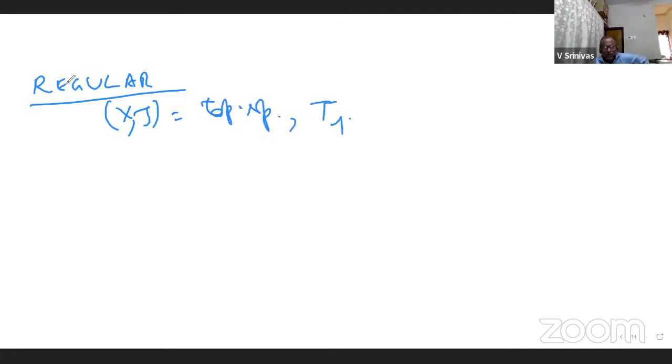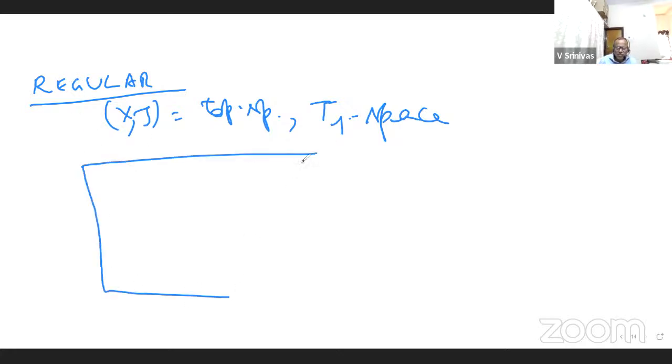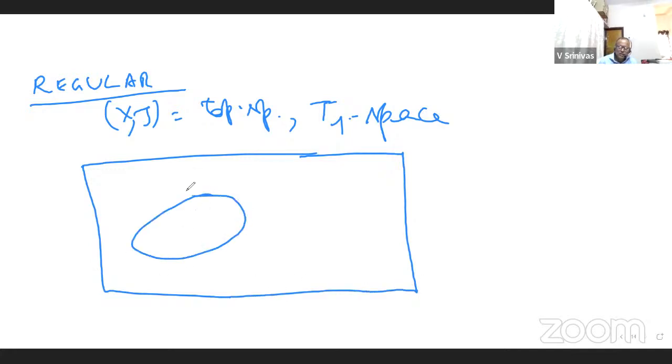We want our regular spaces to be T1 spaces. Let us take a T1 topological space, and we don't want a space which is not T1 to be regular. Then we say a topological space is regular if you can separate a closed set